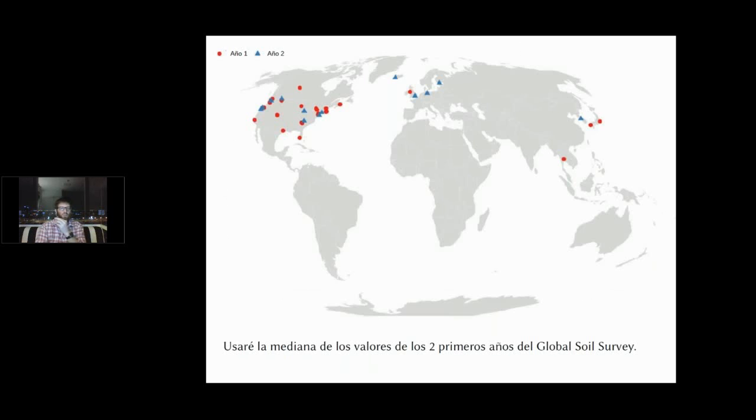Now, I want to use some data from the Global Soil Survey to estimate what soil test values would be. These are the locations from the first 2 years of the Global Soil Survey, which we did from 2013 to 2015. We asked turfgrass managers from around the world to submit samples from good performing turf at their locations. They submitted soil samples from those locations, so they all had good performing turf, and then we analyzed them